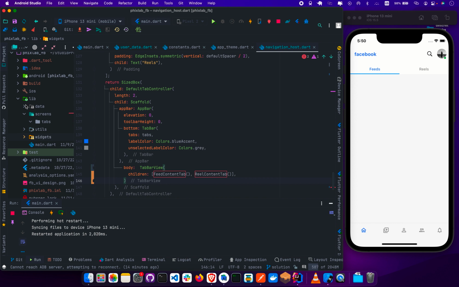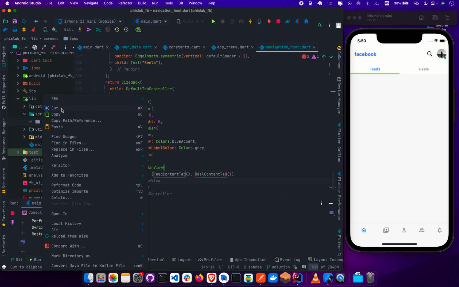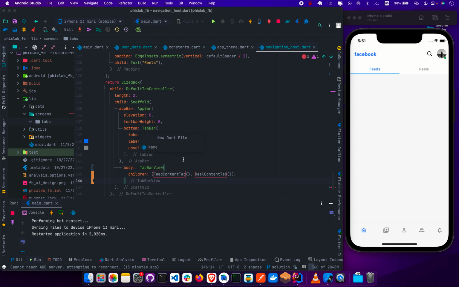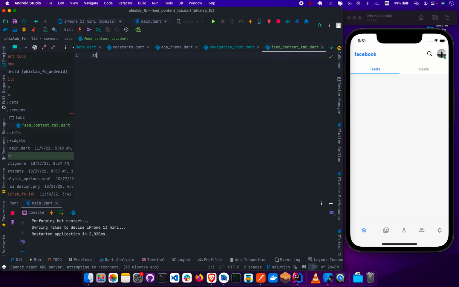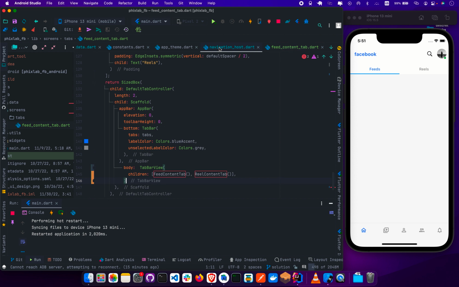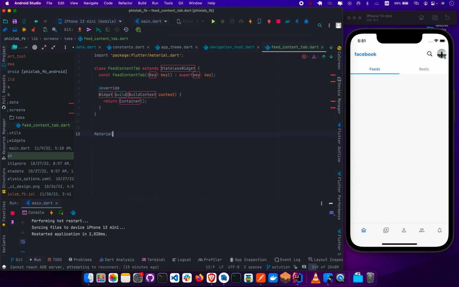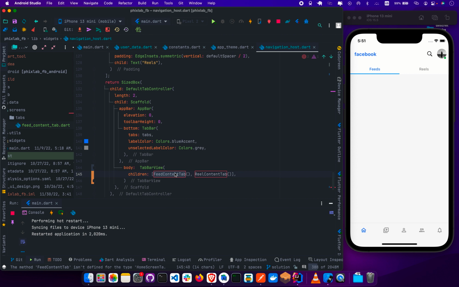We're going to define this very UI. So let's go ahead and define a new one. The first one is going to be feed content tab, and let's quickly do a stateless widget there. So we're going to make sure that we're using the exact name. So we're going to do feed content tab, and let's quickly import material using the shortcut. All right, that will be it for this. Let's close, go back and import it,